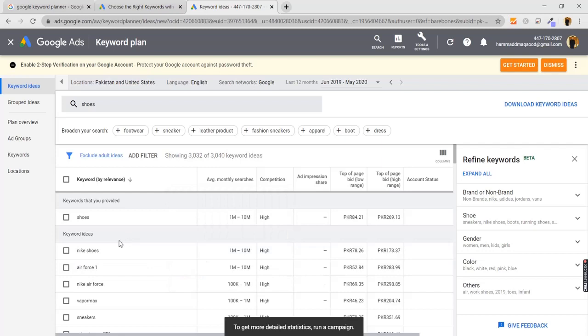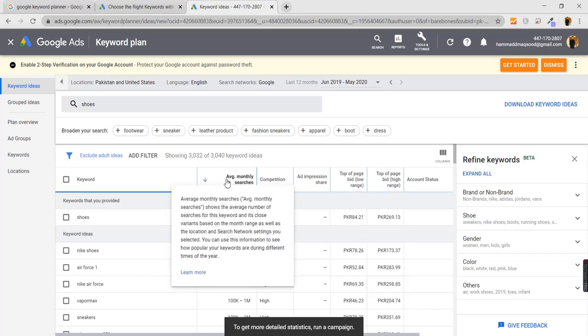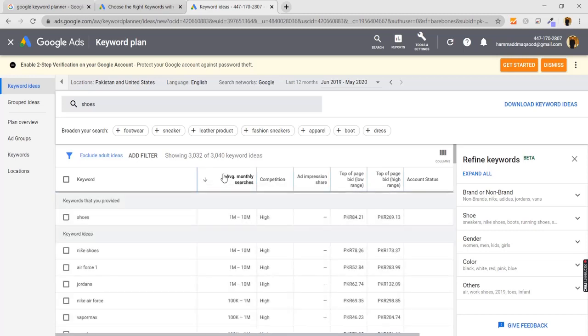Now in order to show them from lower to highest searches or highest to lowest searches, we can apply a filter over there. Now you can see this is showing us the results from highest to lowest level. So this specific keyword, that is shoes, is searched between 1 million to 10 million times per month on Google.